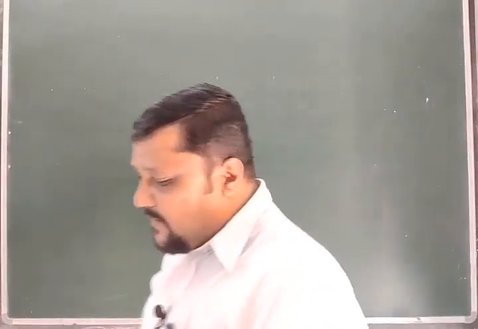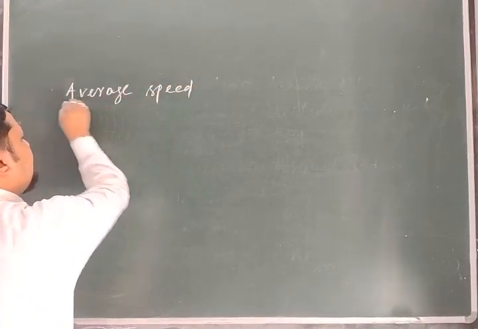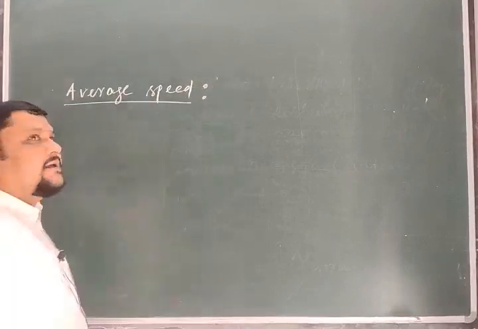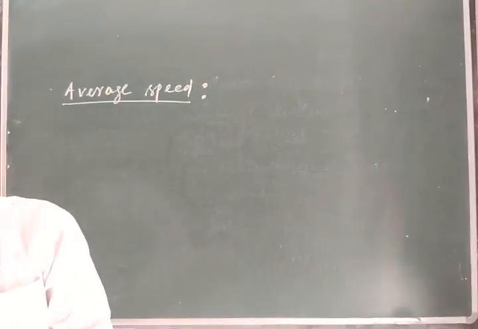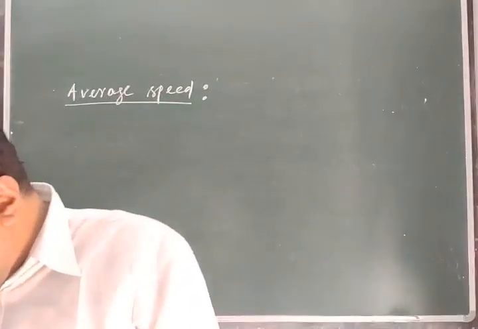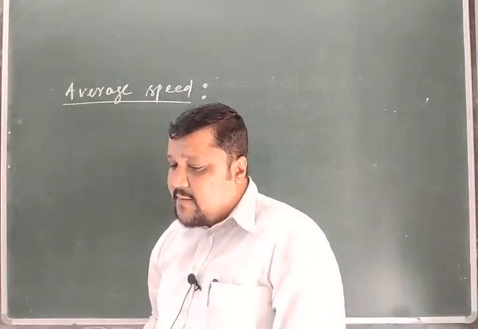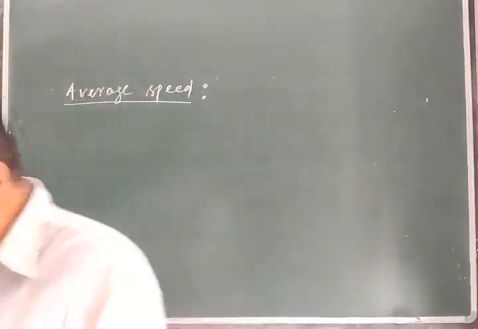In that case we will find the average speed. So what is this average speed? When a body moves with a variable speed, the average speed of the body is calculated, and the average speed of a body is defined as the ratio